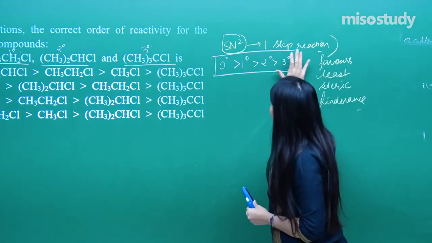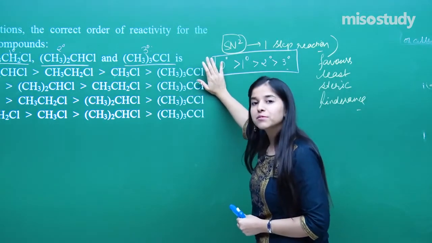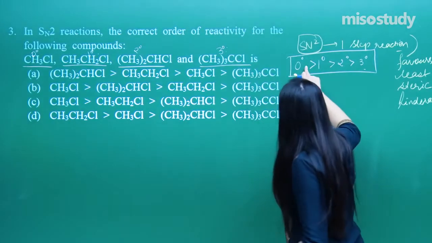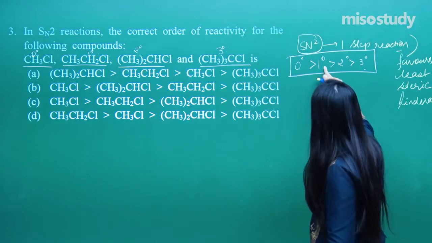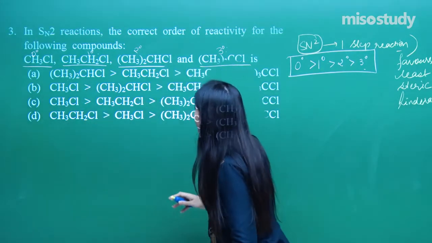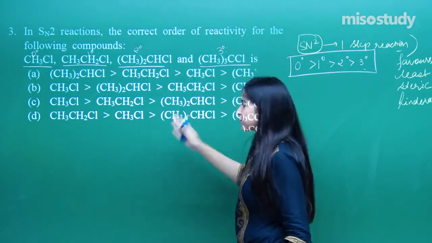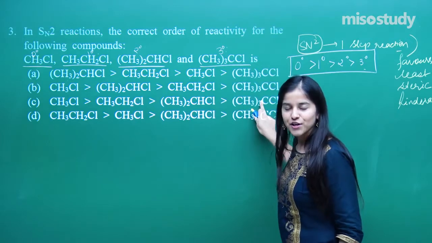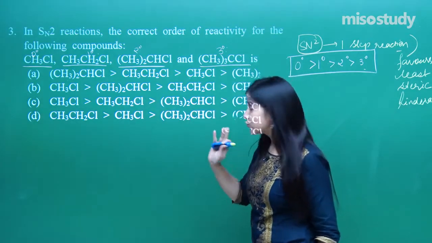Let us just, as per the given options, find out our answer. So it would be 0 degrees followed by primary. Where are the 0 degrees? Over here in these 2 options, followed by primary, secondary and then tertiary. So I hope you all have got the answer. It's a super easy question.